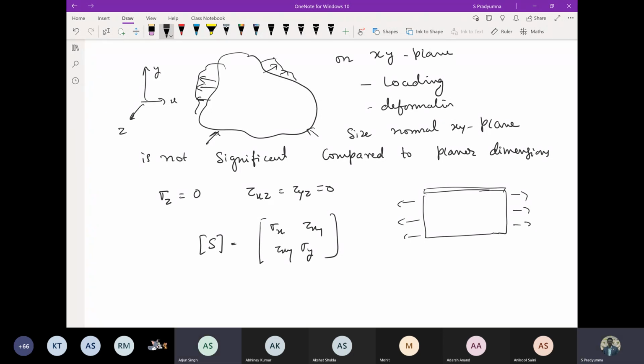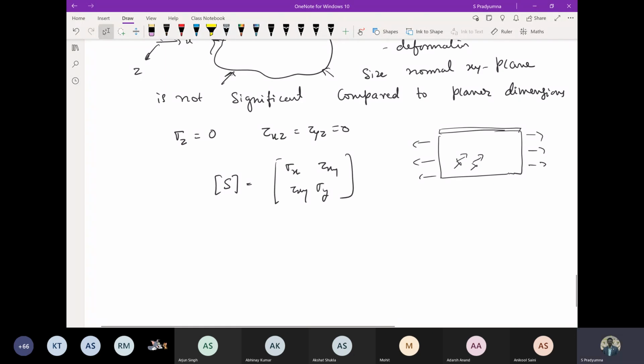Student: How does sigma z actually become 0? I'm not able to get this. You are not loading this in this direction. Oh, okay, sir. It's loaded on the plane only. That is a simplification. There are certain cases where you are loading in the plane only, then only we assume the plane stress case, provided they do not have large thickness and the out-of-plane stresses are not there, and the transverse shear tau xz, tau yz, and normal stress sigma z are not there, or they are insignificant. Okay, sir. Thank you. So we are not loading in the normal or transverse z direction.